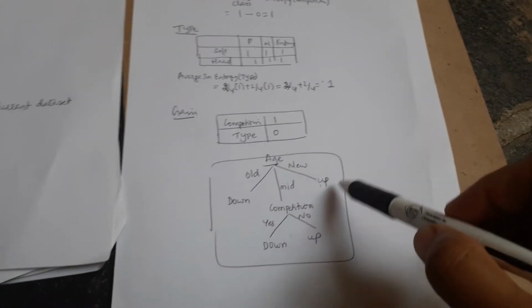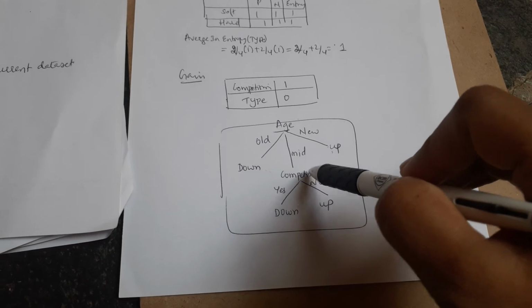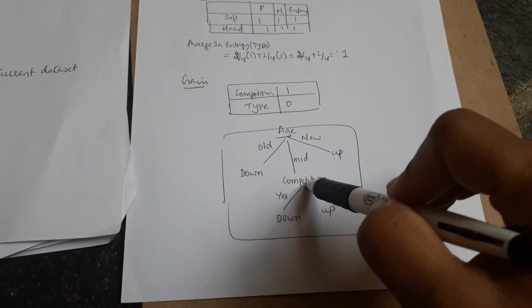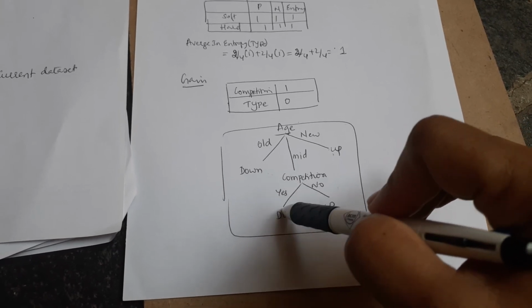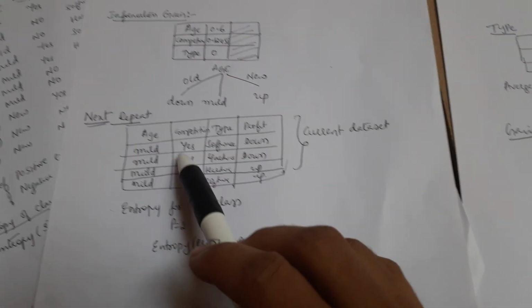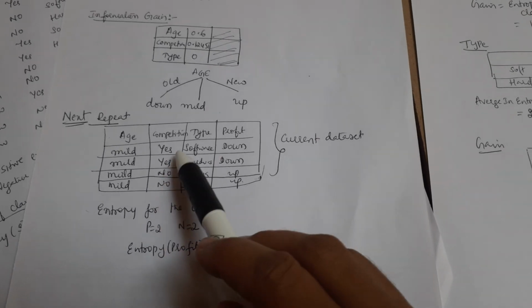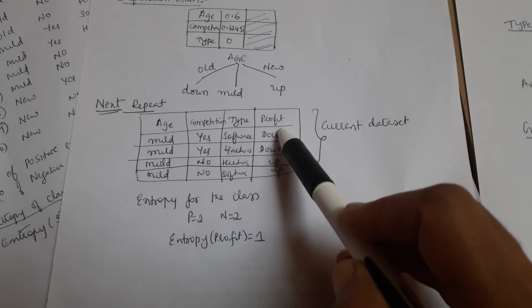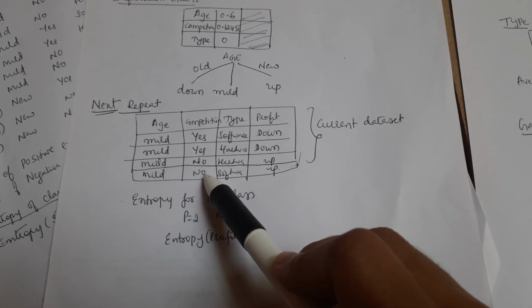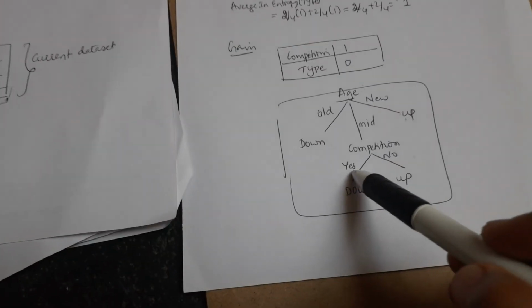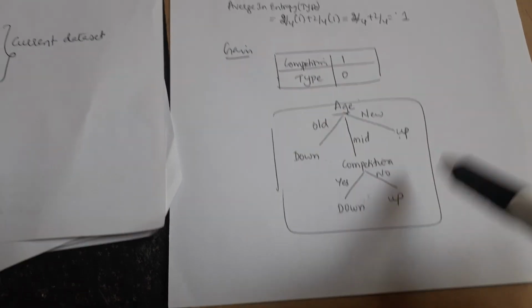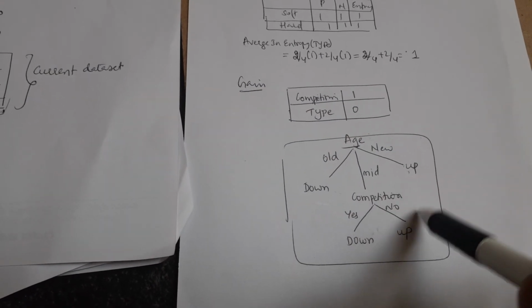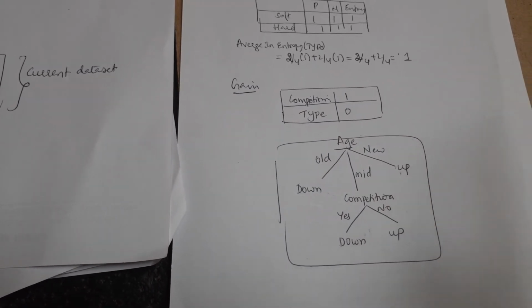So now this is my final tree here. You can observe, computation will be my division attribute. So the decision node is computation. In computation, how many types are there? Branching types, yes and no. For all yes, you can say the profit will be down. For all computation no, it is saying the opposite. So there is a clear bifurcation. So this is my final decision tree, which is obtained by the decision tree ID3 algorithm. Okay, thank you.